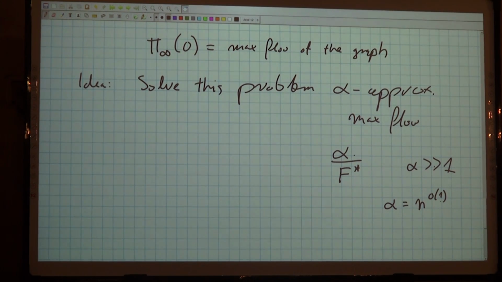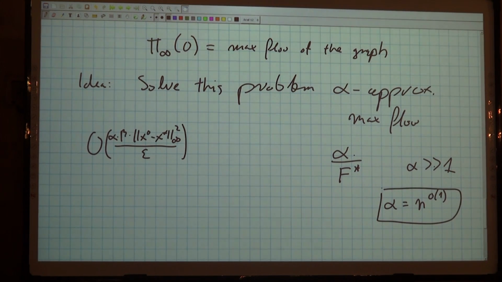The funny thing that happens is that when you use such an approximate projection as opposed to a real projection, you have to pay for it. That doesn't come at no price. Your running time goes from what it was previously to now paying a factor of alpha here. Since you only get an alpha approximate projection, you don't make as much progress. You are always losing this factor of alpha in the amount of progress you make. But that's totally fine, because even if alpha is n to the little o of 1, this just adds n to the little o of 1 to my running time,